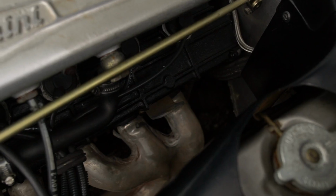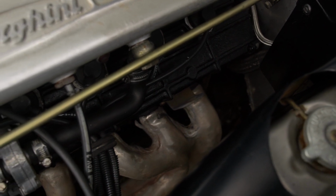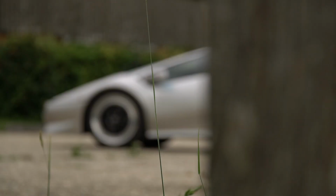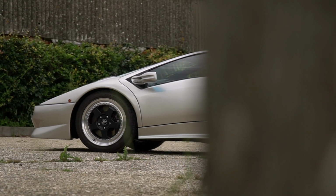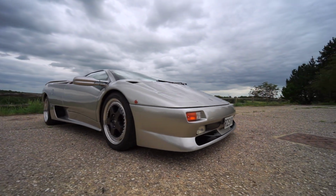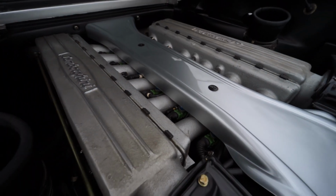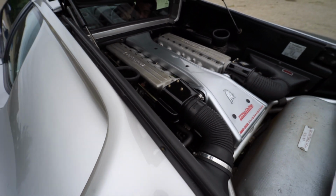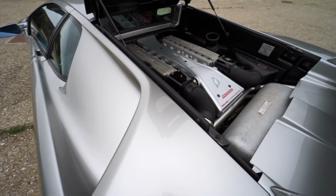It could sprint from 0 to 60 miles an hour in 4.5 seconds and go on to a top speed of 202 miles an hour. And to help stop this monster, the Diablo SV got bigger front brakes with extra cooling, but crucially, no ABS. Under the engine cover is a 5.7 litre naturally aspirated V12, producing 510 brake horsepower, driving the rear wheels through